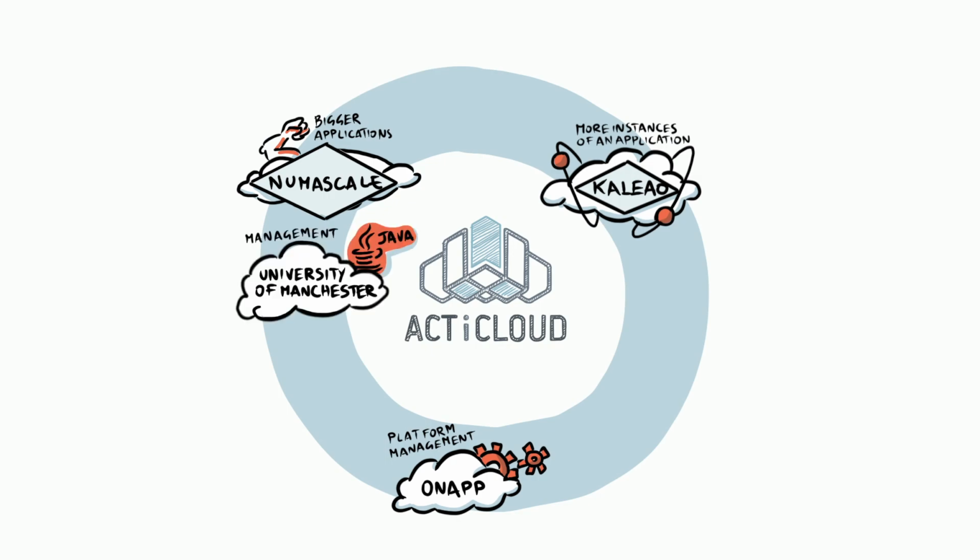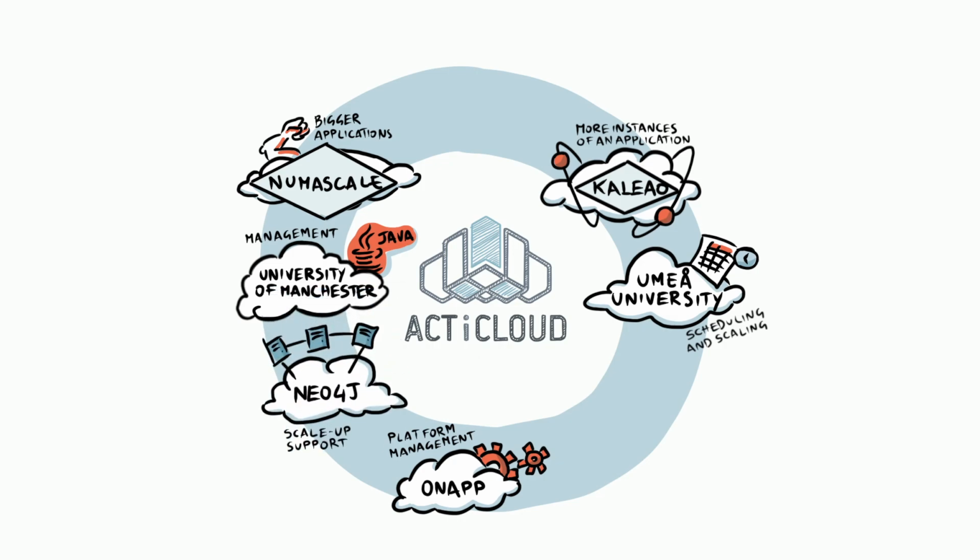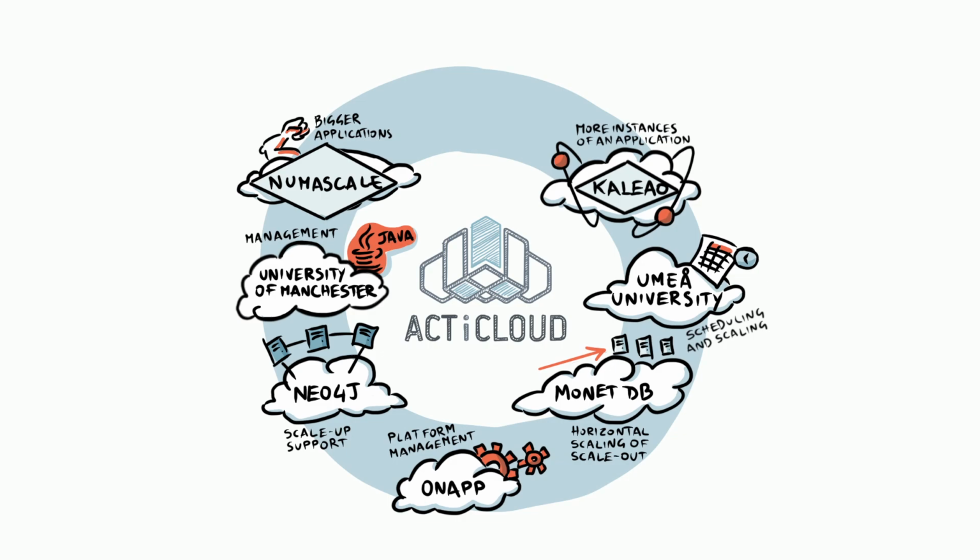The University of Manchester is focused on the management of the increased resources available to Java applications, while the University of Umeå works to optimize the scheduling and scaling of the overall platform. To validate the ACTiCLOUD platform, two resource-demanding applications are used. Neo4j increases the scale-up support in their graph database, while MonetDB's column store database embraces the horizontal scaling of scale-out. ICCS, besides being in charge of the overall project coordination, focuses on cloud resource management and works with Umeå